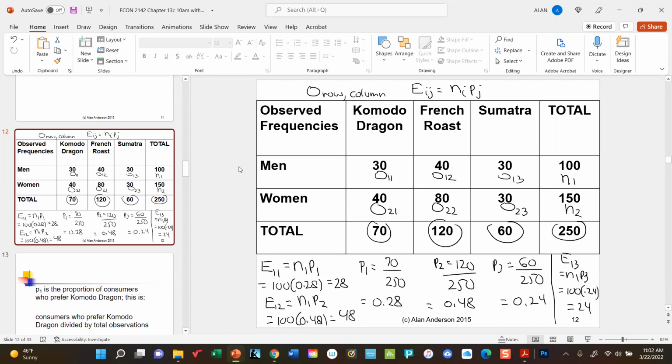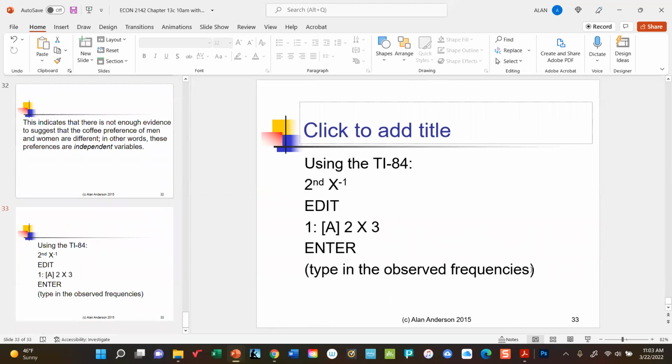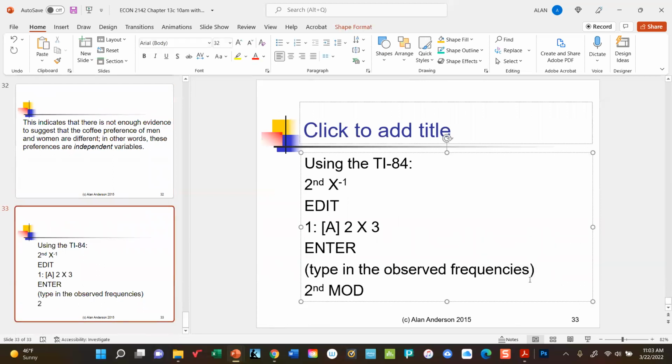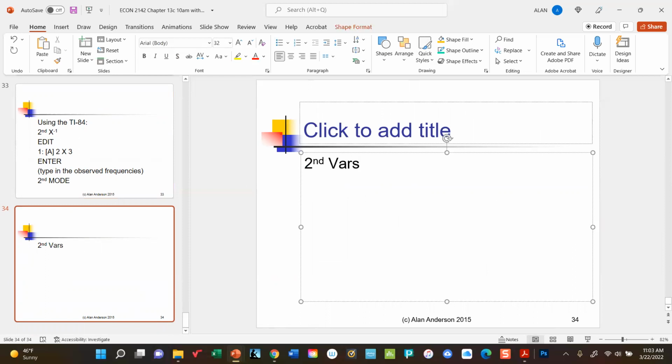Okay, now when you're done, you can escape from this mode by hitting the second mode button. I know we're running out of time, so once you're finished, you hit the second mode to get out of that mode. And then we're going to go to second vars, and you'll scroll down to,